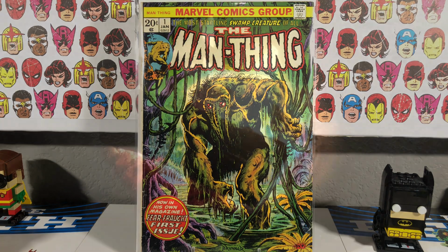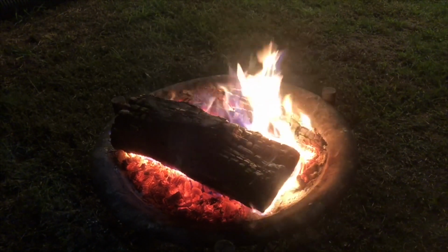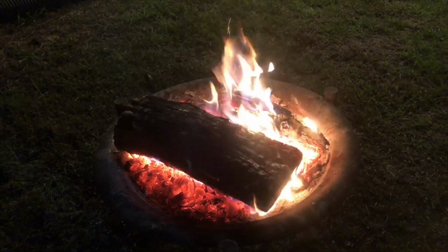There's just something majestic about a fire. And the way it says...